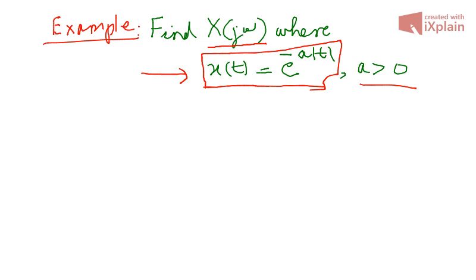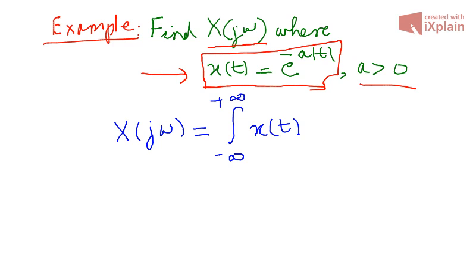If we observe our X of j omega, let me write the expression for X of j omega, which is the Fourier transform of x of t. We can write it as the integral from minus infinity to plus infinity of x of t multiplied by e raised to the power minus j omega t dt. So we actually need to